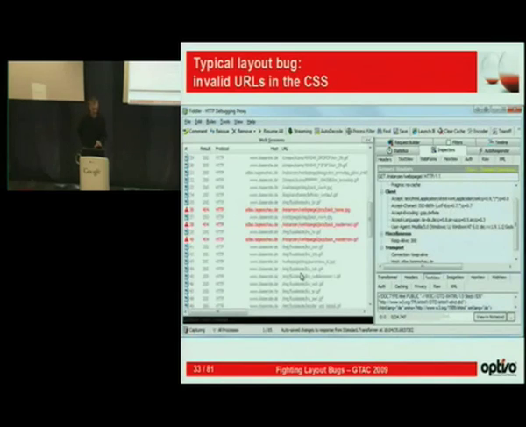This is a recording of browsing the public website from the German television station. And you see, even if they had valid HTML and valid CSS, there are some image resources missing. The browser requests all the images found in the CSS and gets 404 errors. Or another thing is,